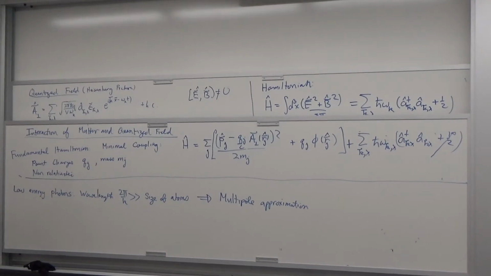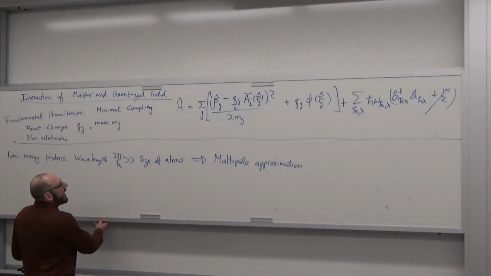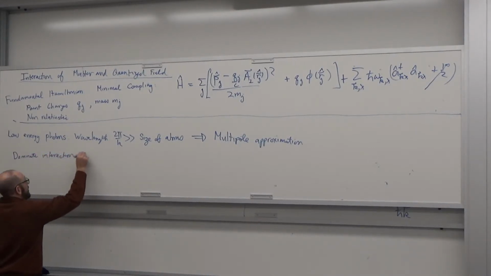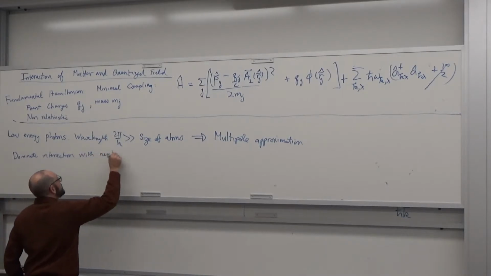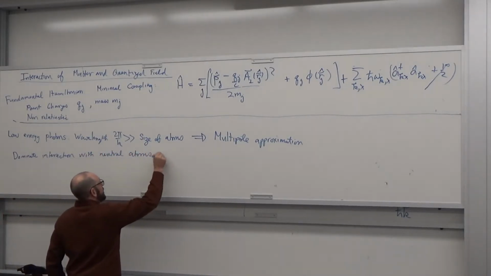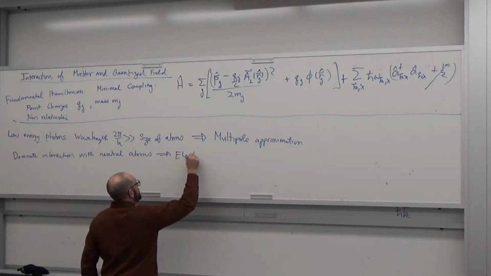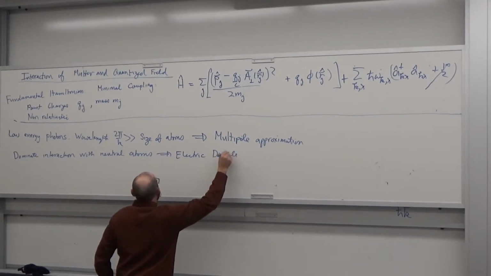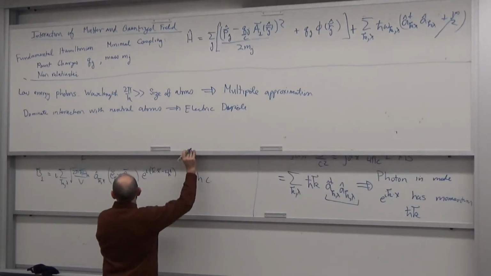Right. So we make the multipole approximation, and in particular, we'll restrict our attention, even though I said we didn't always have to do that, for simplicity and for the cases we care about most, to the dominant term with neutral atoms, which is electric dipole. So, in the dipole approximation,